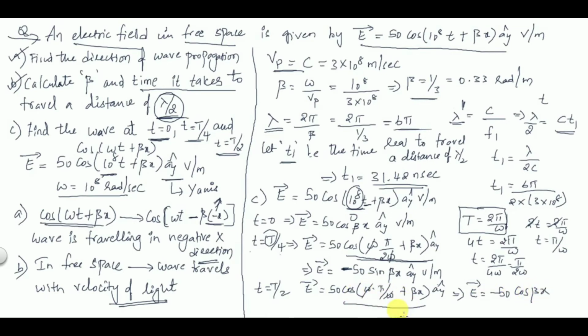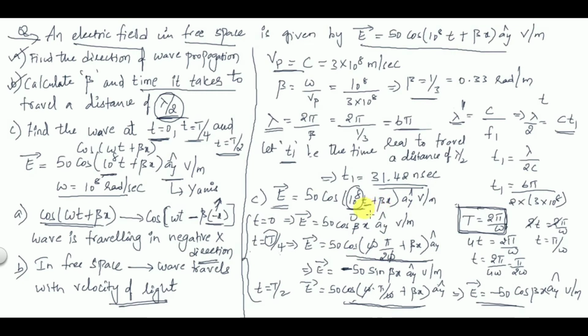So cos of 180 plus theta is minus cos theta into ay cap volt per meter. Okay, so this is how we can find the wave equation at different time intervals given. Use this formula of time period, fundamental time period. Okay, and we should have some knowledge of trigonometric functions, so you can easily find the propagation of